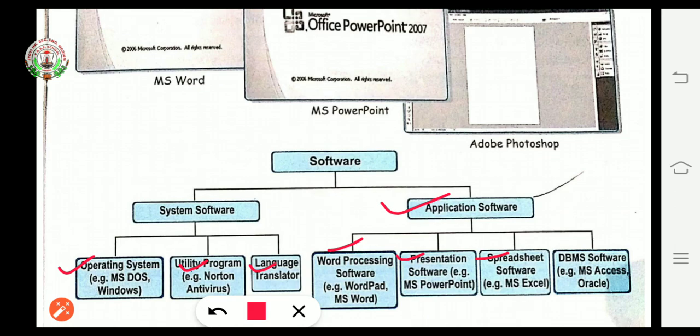Retrieving means finding information that has already been stored. Now see the examples. For operating system we have MS Windows, for utility Norton, then for word processing WordPad and MS Word, presentation software MS PowerPoint, spreadsheet MS Excel, and DBMS software MS Access and Oracle.